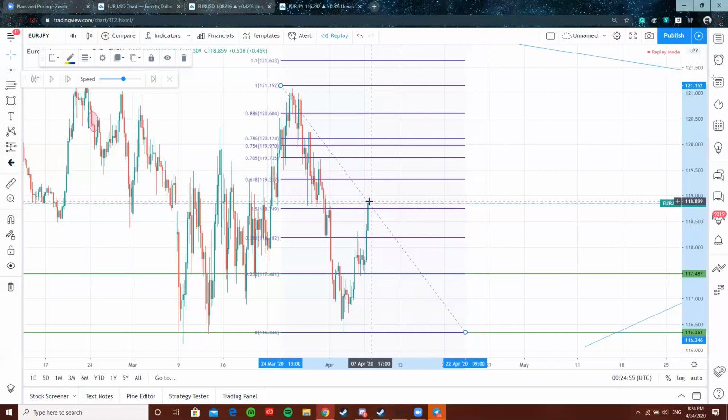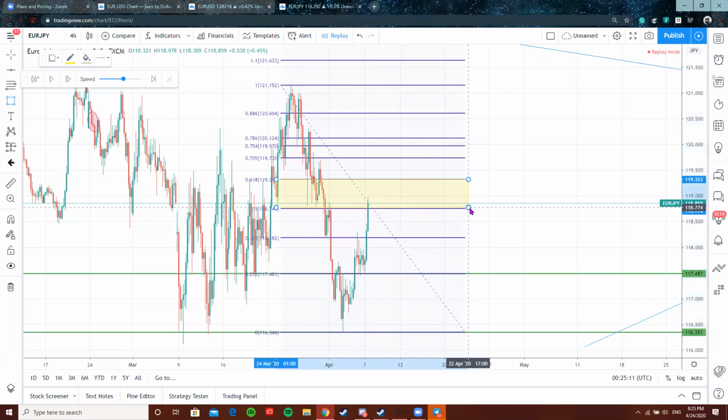So what happens? You hit your entry right here, and at this point you're saying, okay, well, it just blasted above. What do I do? You enter there, right? Because it's your primary kill zone, and you say, all right, I've entered my primary kill zone. Awesome job. We've got a primary kill zone, not a big deal.